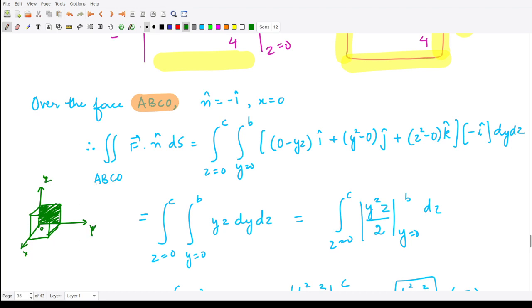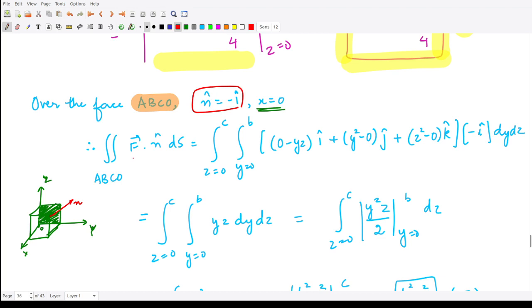The value of x is 0 here, and because this is the unit vector which is drawn perpendicular to this and outside of it, that means into the screen and perpendicular to this surface, it would be something like this. So it would be in the direction of x cap, but in the negative x direction. So this unit vector would be minus I cap here.